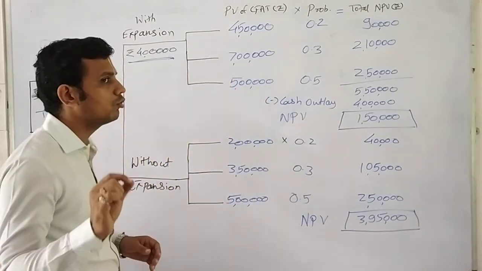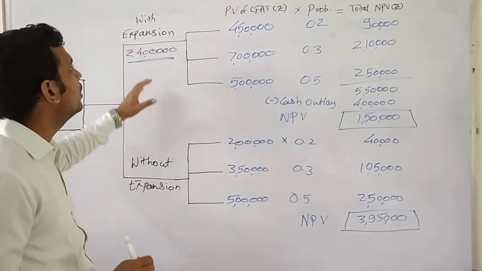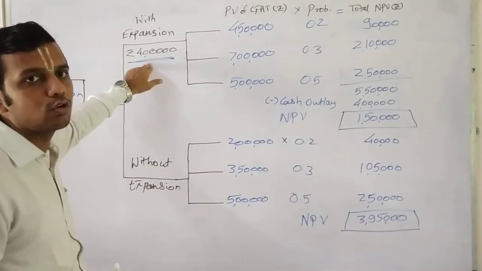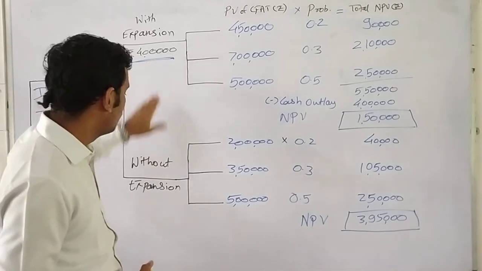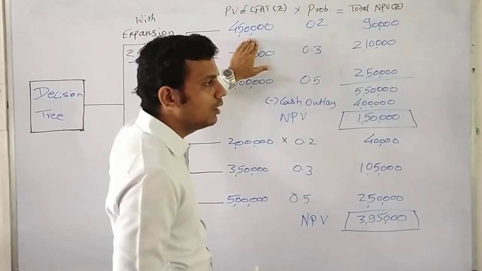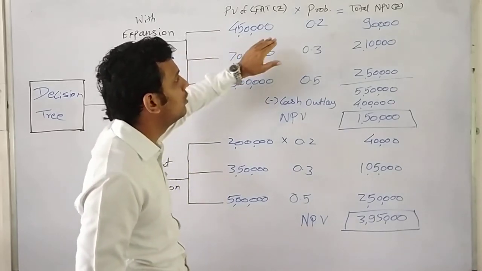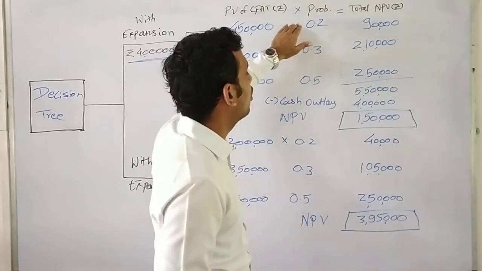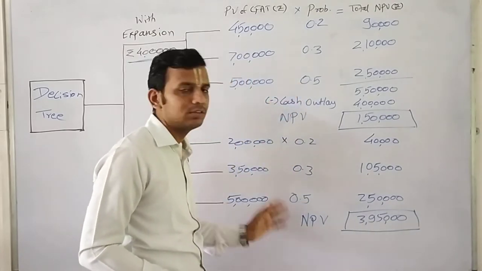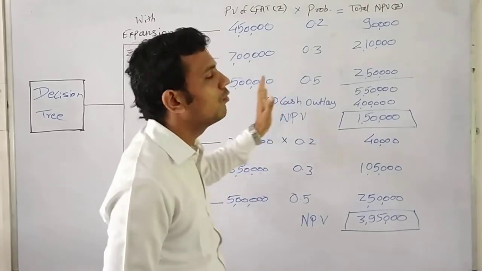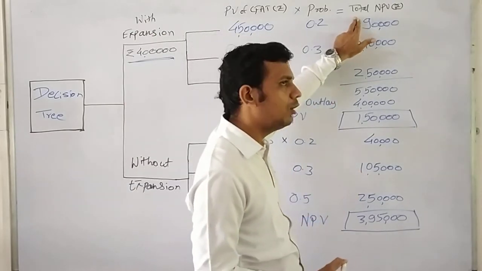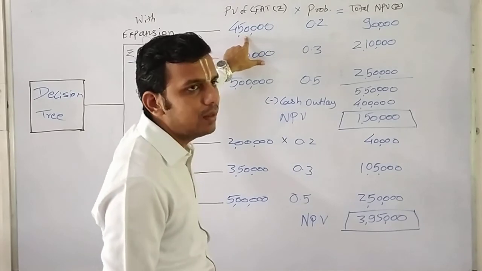We would just have a quick recap of what we have done. We have been given 2 situations, expansion and without expansion. Expansion was costing rupees 4 lakh, we have written it. Without expansion, no cost, we have left it out. The question is given for 3 situations with different cash inflows along with their probabilities. We have written these probabilities and their cash inflows. After that, for the purpose of calculating the feasibility, we have to calculate NPV.